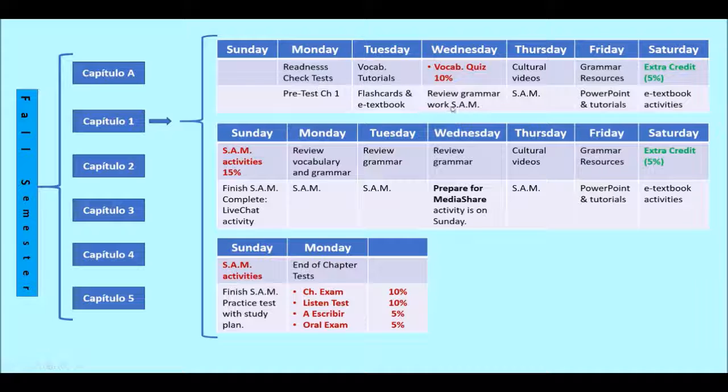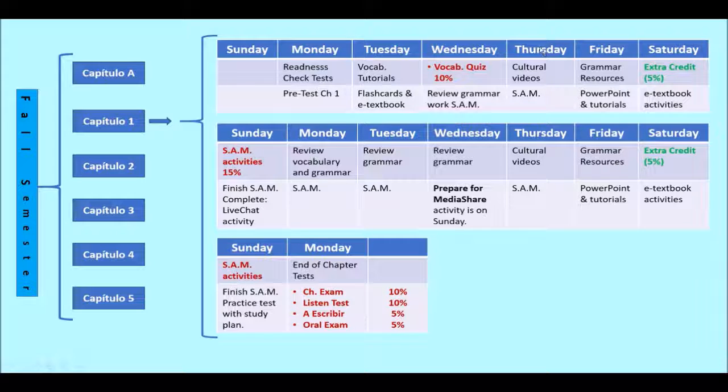activities. Those are called Students Activity Manual. To work on those activities, you have to go to Sunday. Sunday is where those Students Activity Manual activities are placed. Normally there are about 40 activities for each chapter, and those are divided into 2 Sundays. If you are on Wednesday, you're going to click on Sunday and work on maybe 3, 4, 5 activities this